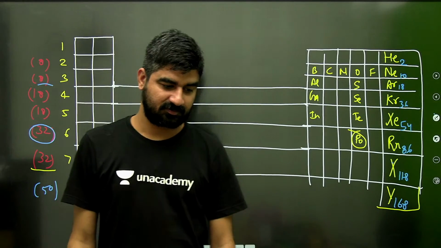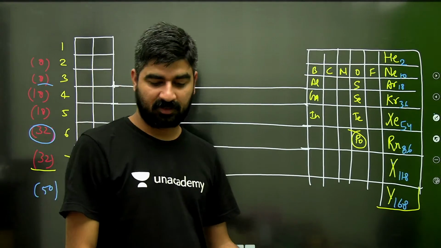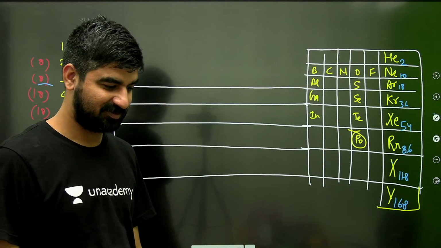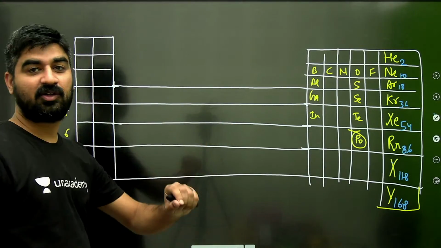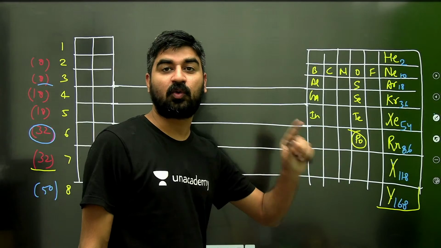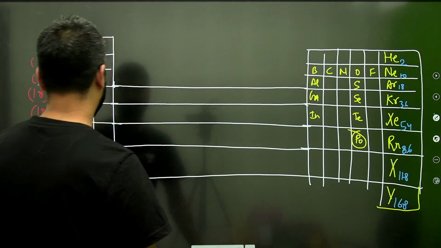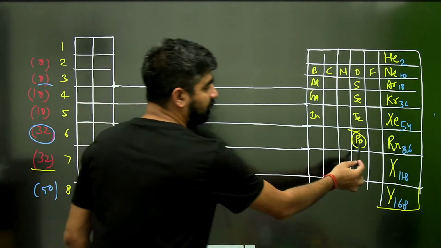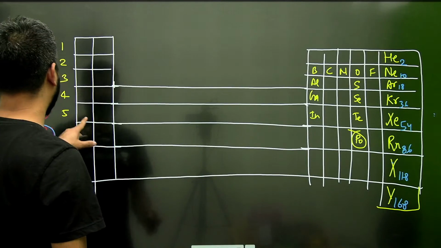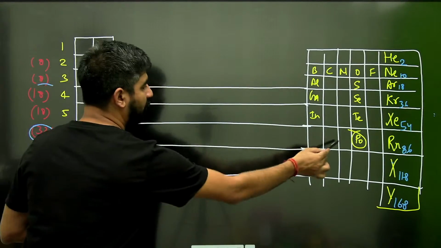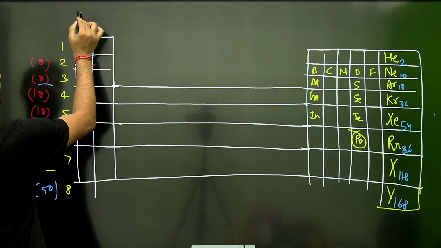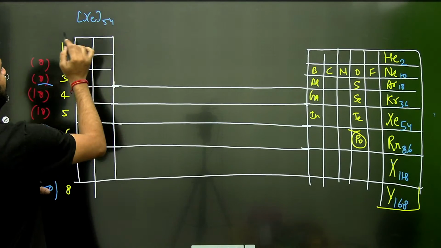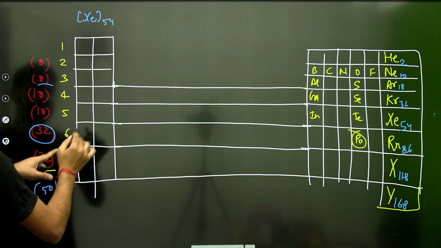Tell me guys, any doubt? So now I will tell you how you can write the configuration without knowing the atomic number of Po. So for Po, just look at it, xenon 54, and this is the fifth period. Now Po belongs to the sixth period, so I will write xenon 54, and then I will write 6s2,